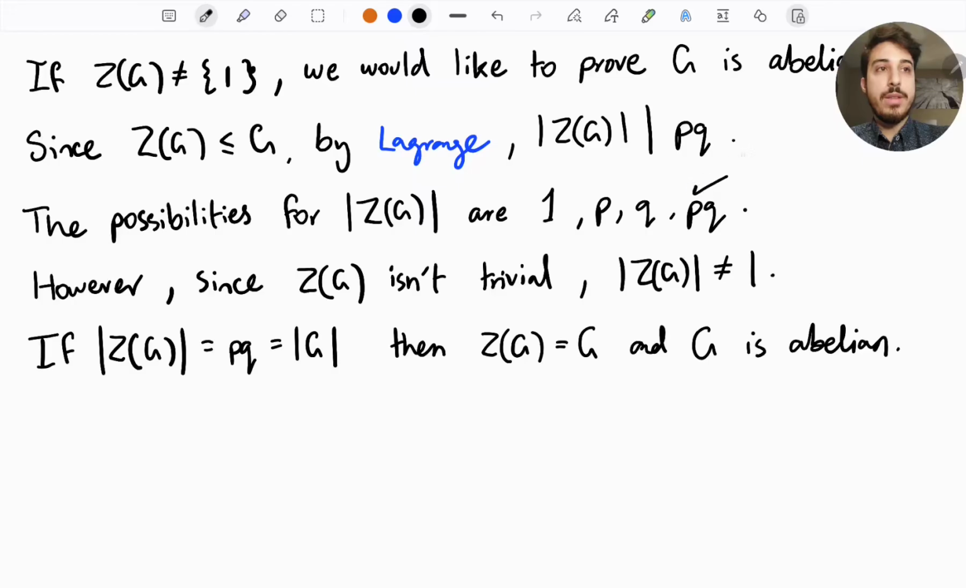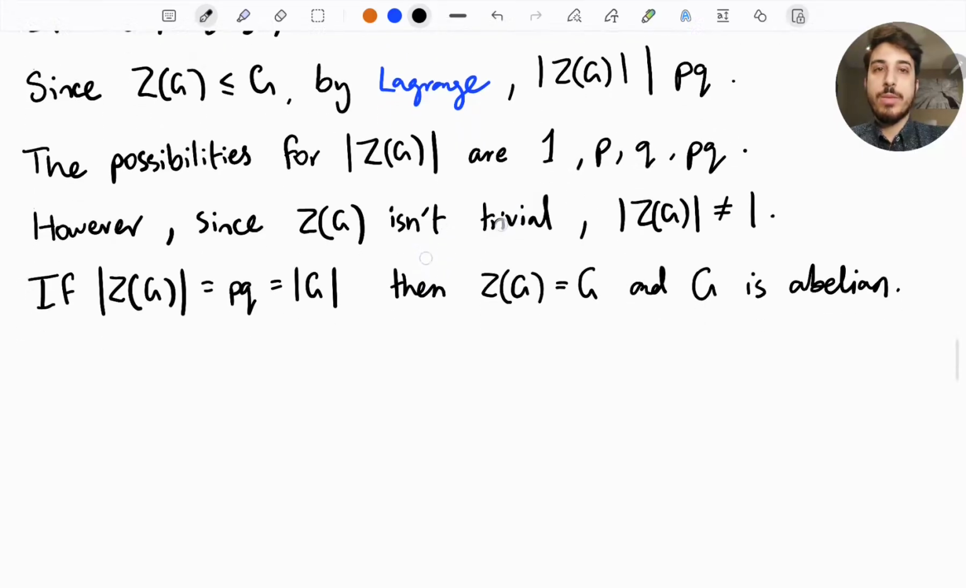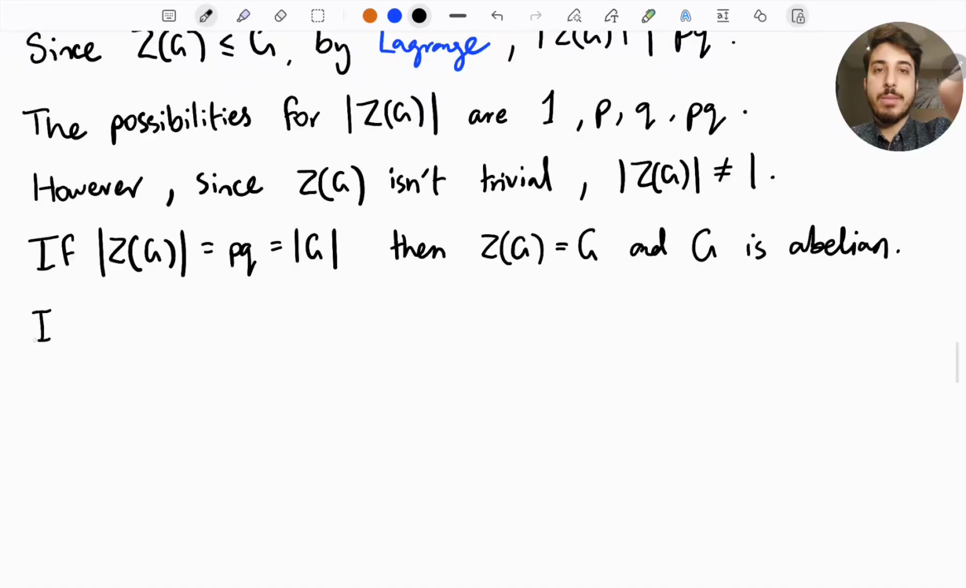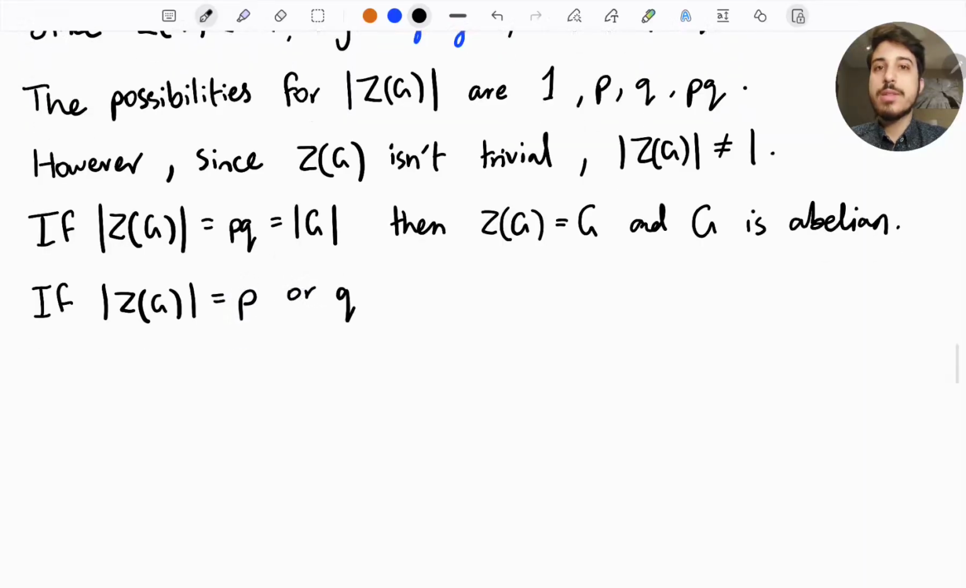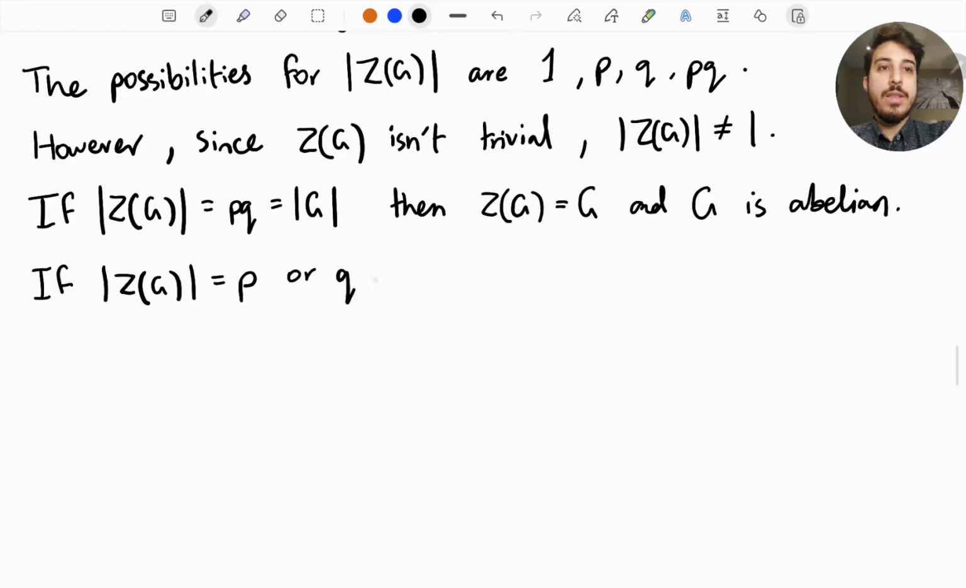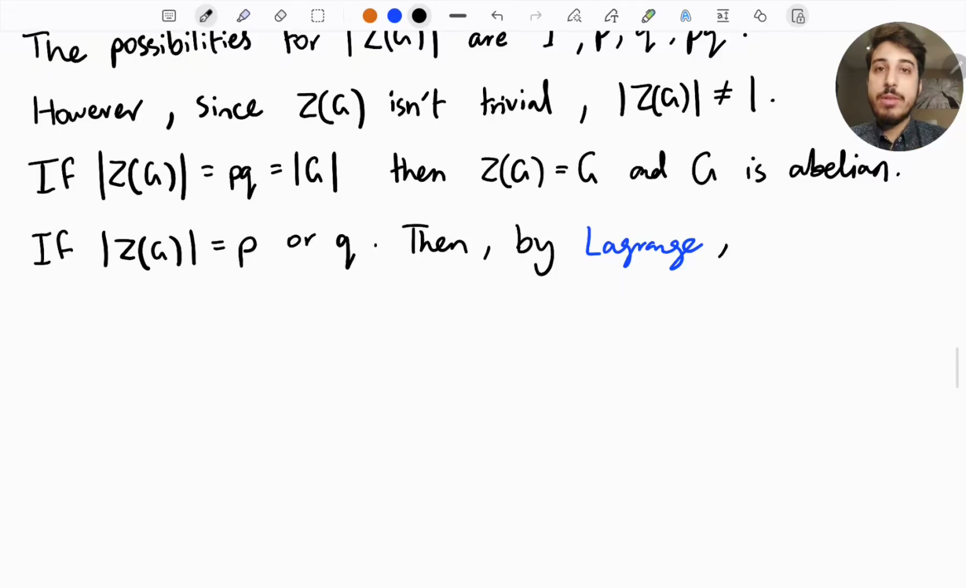Now, this is done for this case, but what if Z(G) has an order p or order q? What happens then? We need to investigate that possibility. If the order of Z(G) is equal to p or q, it doesn't matter which prime you take, without loss of generality, we can take it to be either one. Then, by Lagrange, we have that if we take Z(G) to be our subgroup, we can take the quotient group